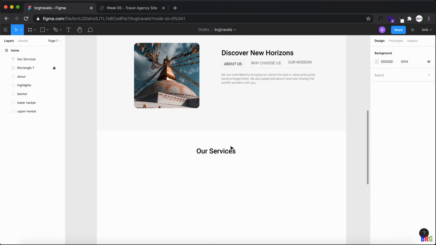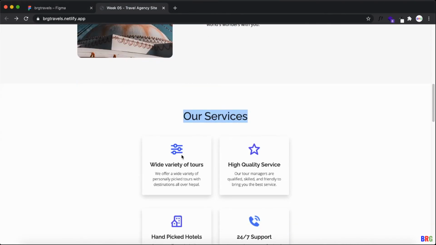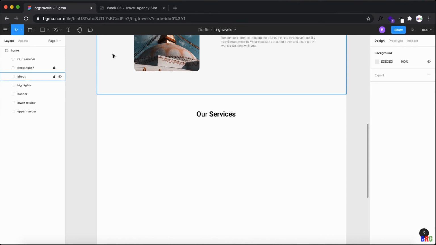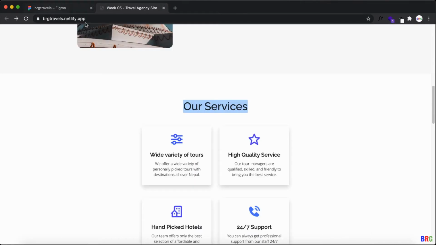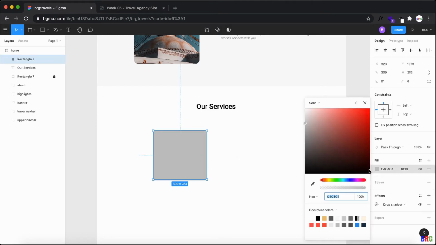Okay, spacing. Now four boxes, so let me design one and we can replicate. So first, we can give a kind of a drop shadow effect and fill it as white.